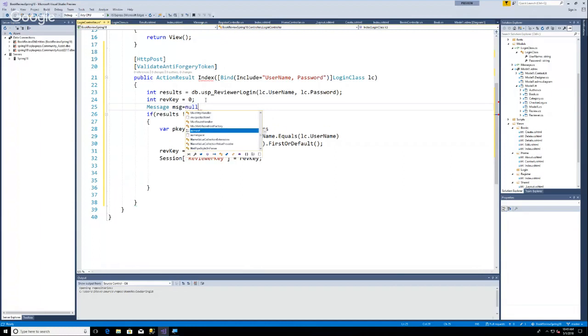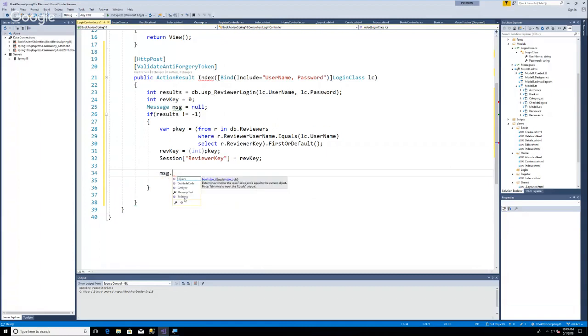I'm going to make it equal to null initially. So down here, I will say msg.messageText equals